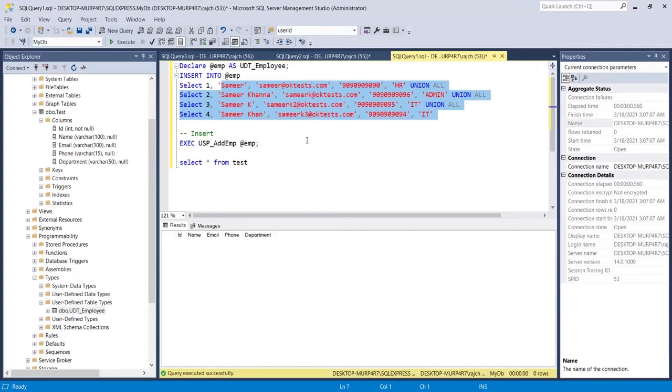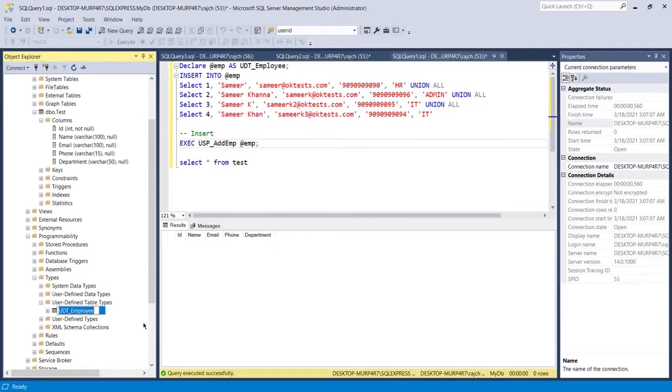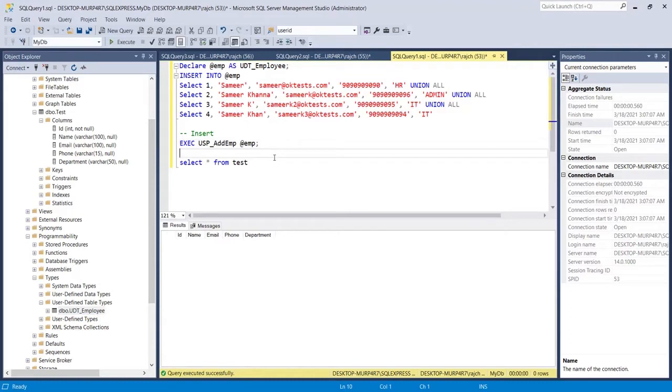Here you can see UDT_employees is the table type variable, and this is basically your defined table type. And here are the column names. There are 5 columns in the database table, and the table name is test.